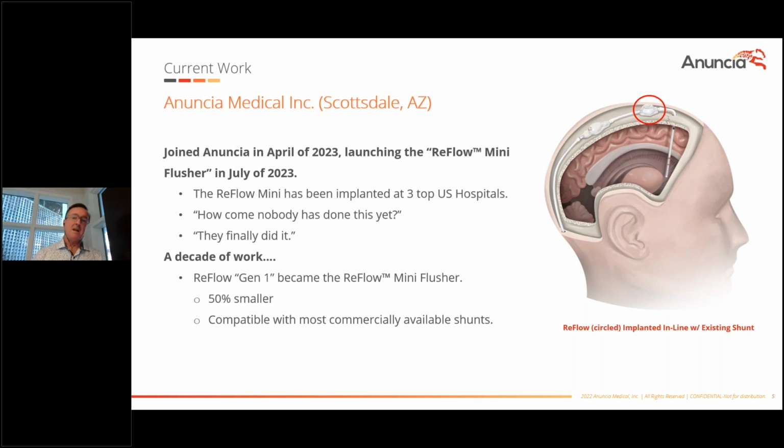The ReFlow Mini has been implanted in 3 top U.S. hospitals since it launched last month, right after 4th of July, but the history goes about a decade back with what we call the Gen 1 device, which was much bigger and was implanted in about 35 patients. After those 35 patients were implanted, right before COVID, the company decided to retool the device after feedback